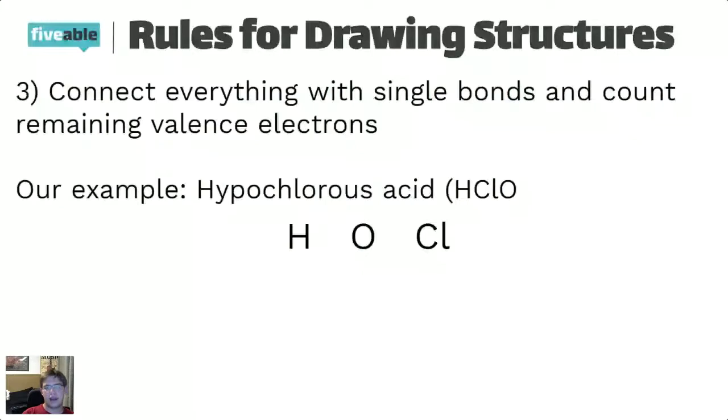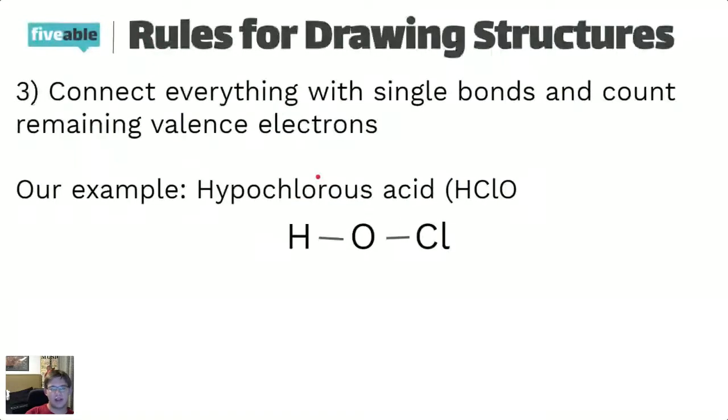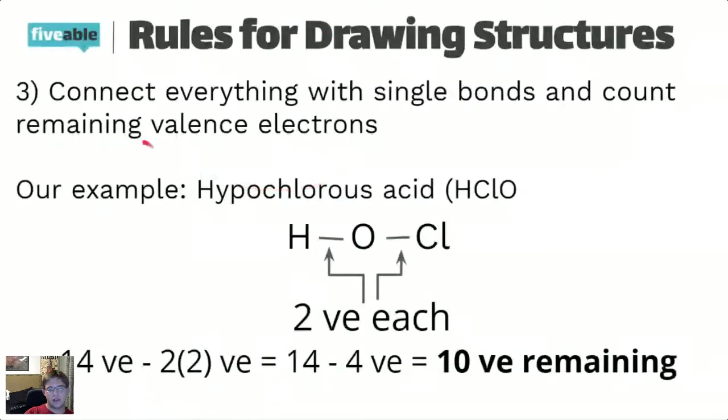So you have to remember that a covalent bond, as we talked about earlier, is a shared bond between 2 atoms. So because of this, basically each line that you draw is 2 valence electrons that you're going to have to count out. So first, we connect everything, right? So 1, 2. So we formed our single bonds, and then we count our remaining valence electrons by just subtracting from the original total. So we know that each of these bonds is 2 valence electrons each, right? So 14 minus 2 times 2 is just 14 minus 4, which means we have 10 valence electrons remaining, or